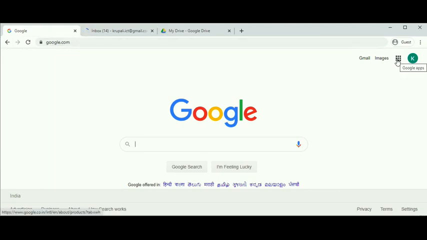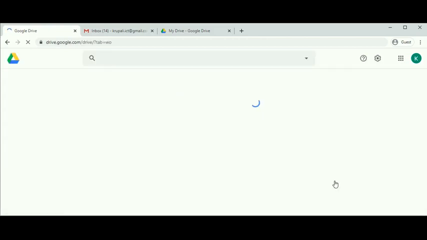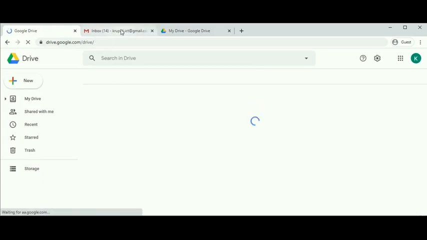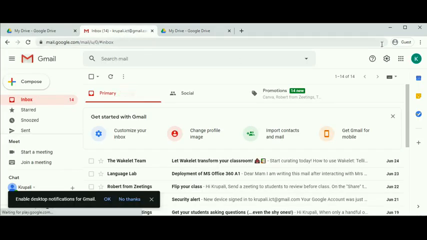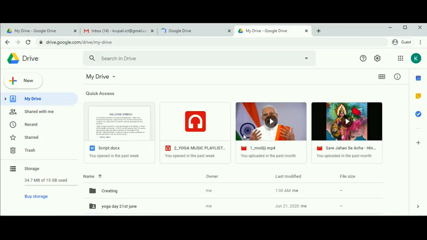On the top right corner, there are 9 dots, also known as Google Apps Grid. Click on the Apps Grid launcher button and you'll find all the apps of Google. Search for a triangular app known as Google Drive. The triangular icon once clicked will open the Google Drive. From Mail, if you want to reach out to your Google Drive, the same method follows. Click on the right side top corner on the App Grid button and click on Google Drive. The third option will directly redirect us to the Google Drive.